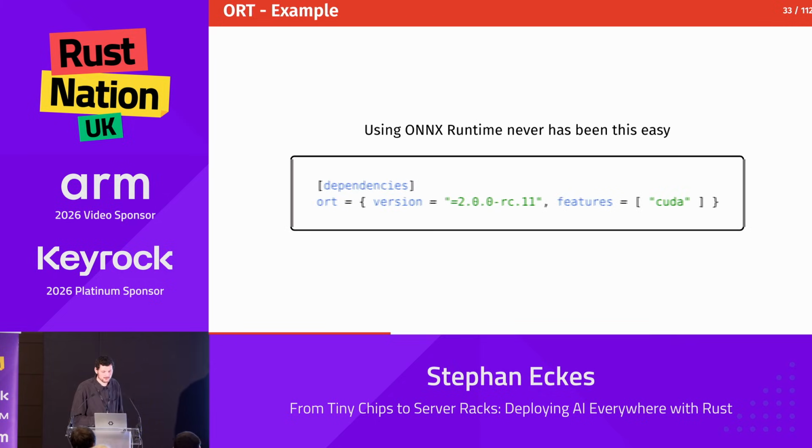And if you want to see how that works, you just do cargo add ort. Version 2 is in a release candidate, but it's stable. It's just because the API might still change. So they want to release version 2 in a couple of weeks already. And then you add the execution provider you want to use as a feature here. If you don't do that, you will just use ONNX Runtime in default mode for the CPU, but this is also super fast.